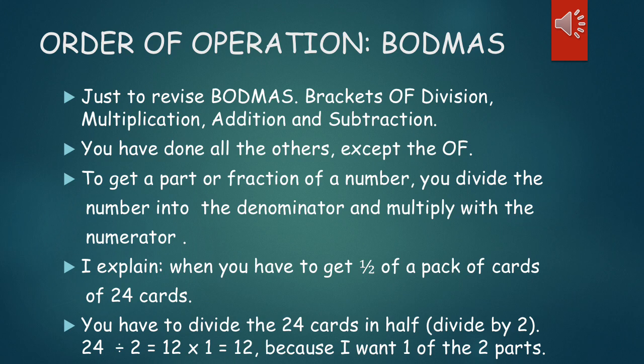Order of operations, BODMAS. Just to revise BODMAS. Bracket, or division, multiplication, addition and subtraction. You have done all the others except the O. To get a part or fraction of a number, you divide the number by the denominator and multiply with the numerator. I explain. When you have to get half of a packet of 24 cards, you have to